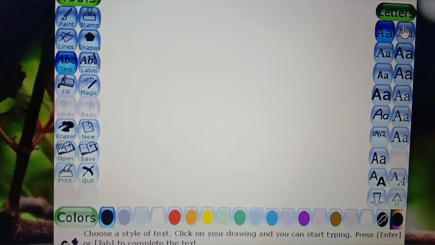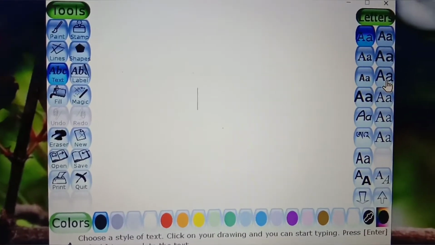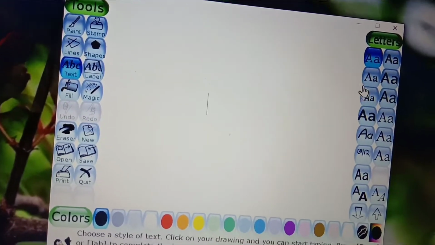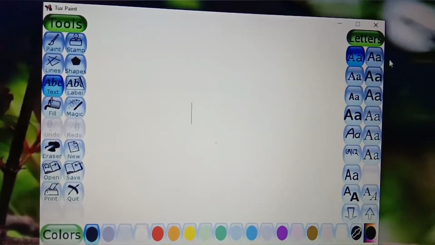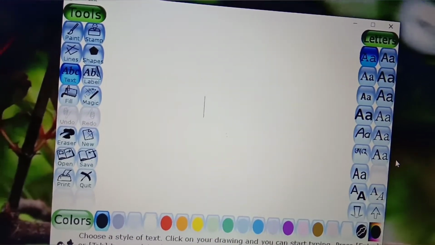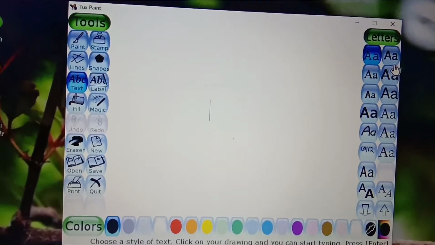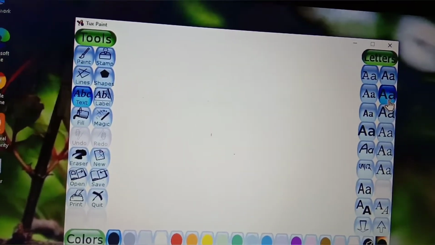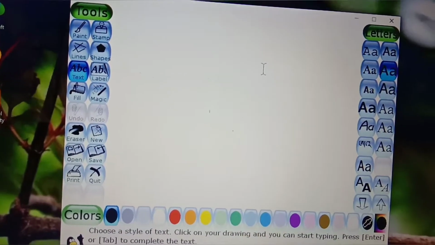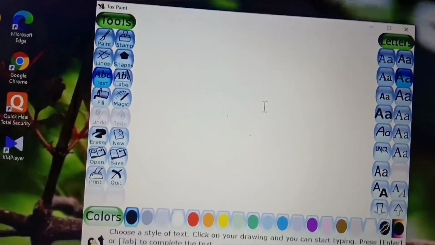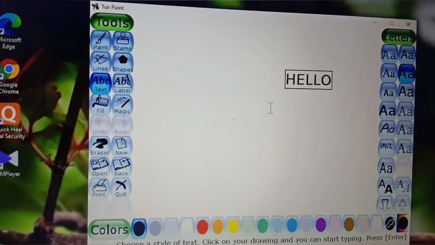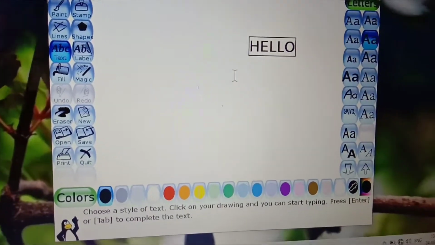Then after you have to select the pattern, or you can say the text style. This is known as the selector. Here different styles of every tool are present, so you can select according to your requirement. Suppose I select this one, then click over here and start writing using the keyboard. Suppose I write here hello, then just press the enter key.